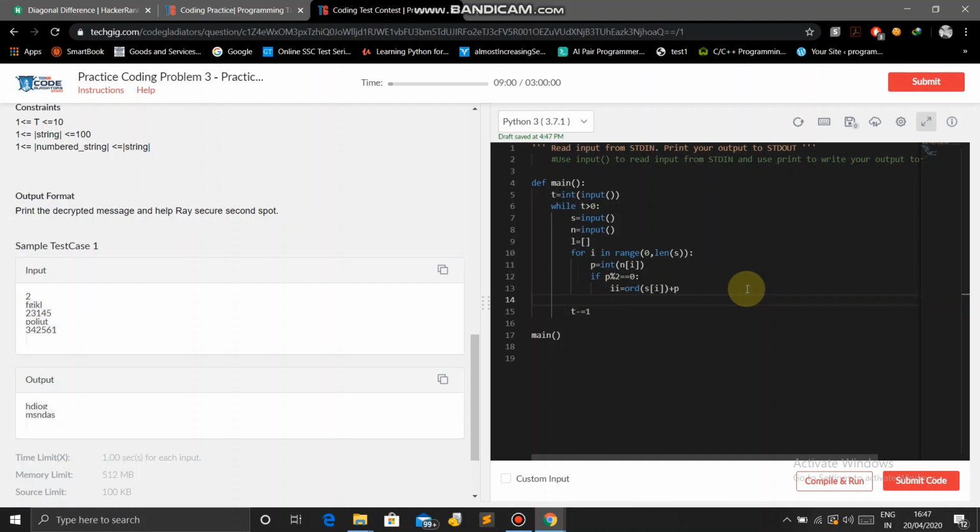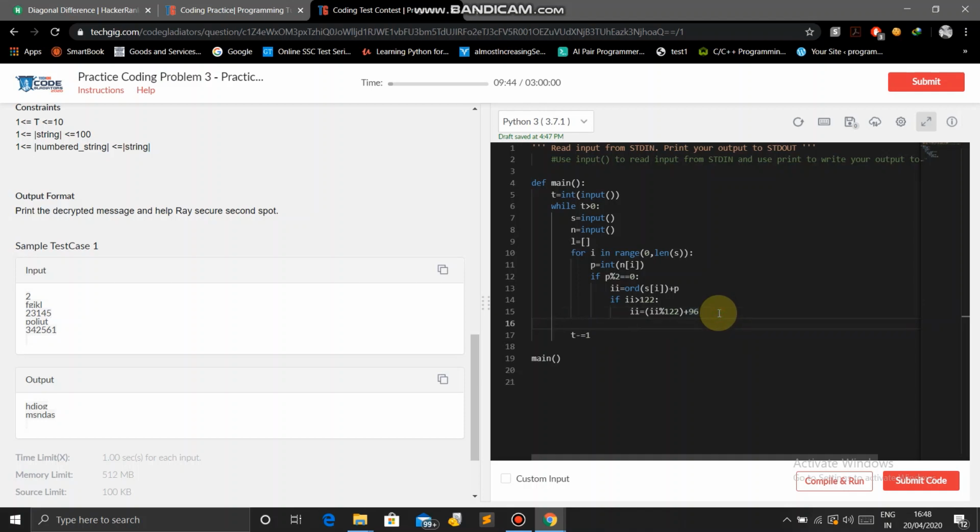p आ जाएगा इसमें. उसके बाद क्या करेंगे कि if चेक करेंगे, बिकॉज ASCII वैल्यू 122 तक ही होता है कैरेक्टर के लिए. सो 122 से अगर बड़ा हुआ तो क्या करेंगे कि भाई ii इक्वल टू ii मॉडुलर डिवीजन 122 प्लस, और 97 से स्टार्ट होता है. सो 97 से स्टार्ट होगा तो हम यहाँ पे 96 ऐड करेंगे, बिकॉज 97 ऐड करने के बाद क्या होगा कि ये जीरो तो नहीं होगा ना, तो इसमें एक एक्स्ट्रा आएगा, इसलिए 96 ले रहे हैं अपन. या फिर यहाँ पे आप डायरेक्टली कर सकते हैं 97 minus 1.